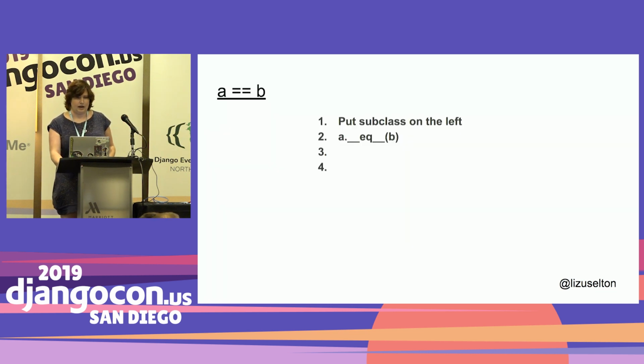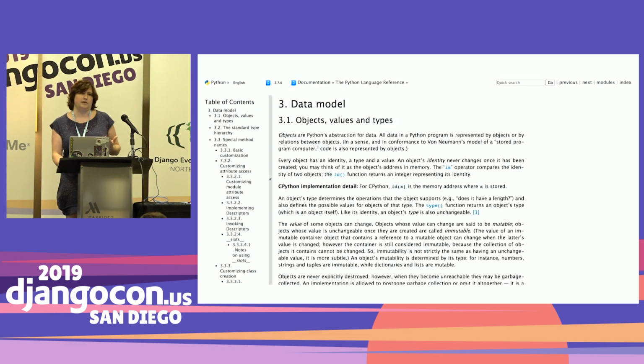So the thing that we just got used to, where it was not commutative, doesn't work anymore. Why is that? Well, it's because it always puts the subclass on the left, first of all, before it does anything else. So you should have your custom logic in your subclass, and if you don't, please do that, because Python's going to make an assumption that you do. But if you're reading the Python data model page, which I suggest you all do, it's a great beach read while you're here in San Diego,